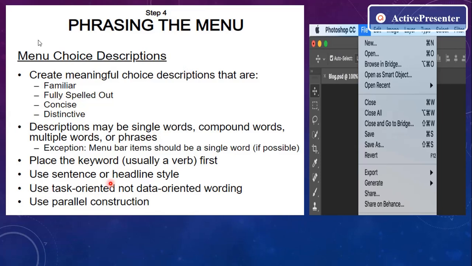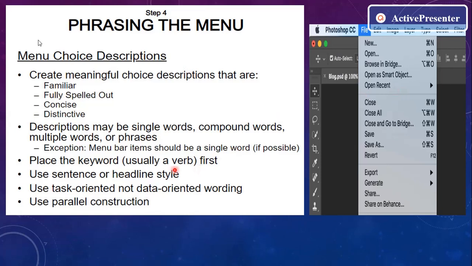If you are simply keeping customers as a choice description, it may not be understood by the user. So what exactly does it do? The task oriented wording should be there in the menu choices, not data oriented wordings.